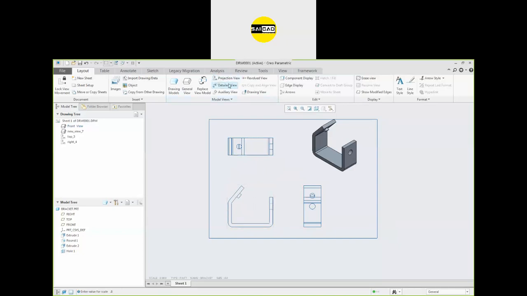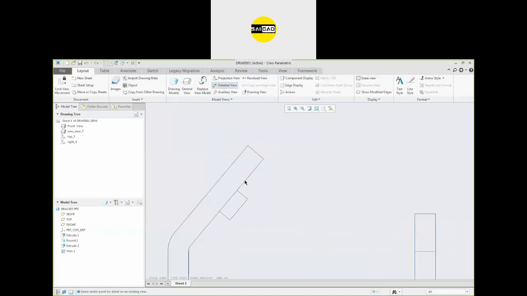If I create a detail view from here, we have to just select the view. Select the point like that, and we can just create a shape. Where do you want to show the detail?